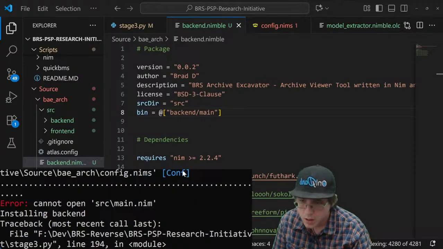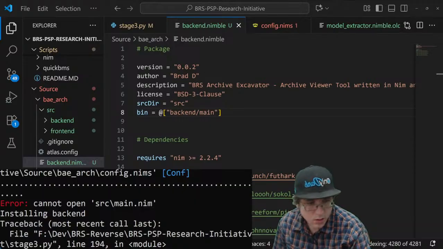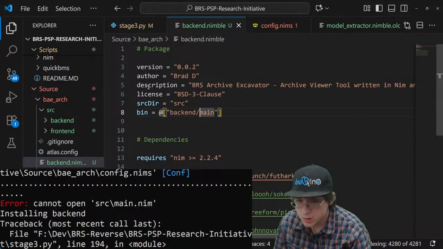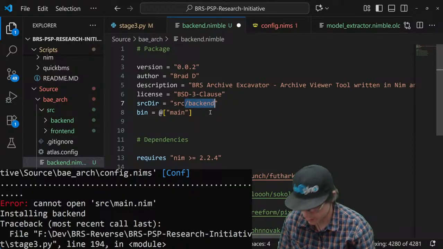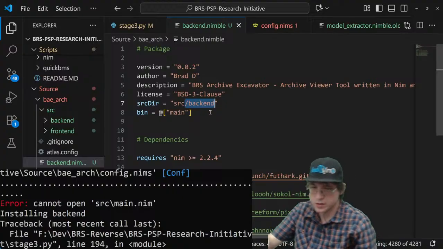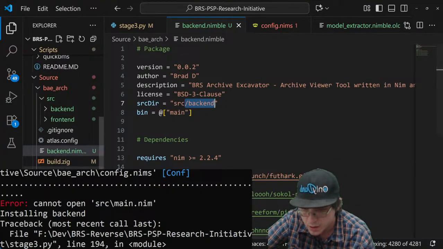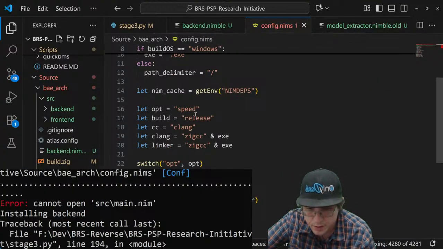So, huh. So it's actually just ignoring it. Of course, that means that big.